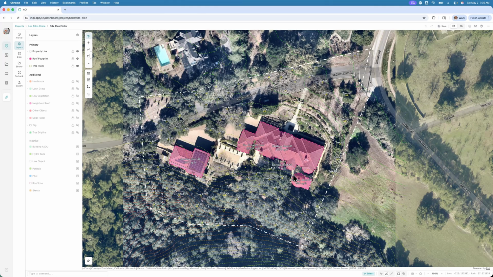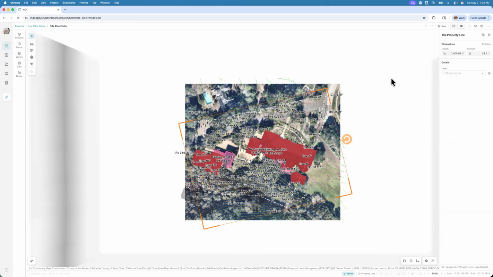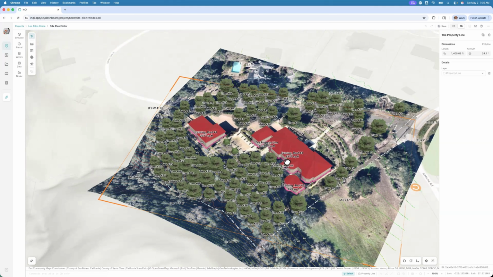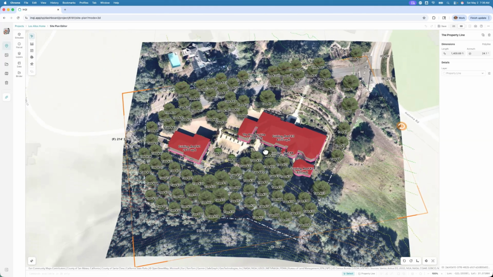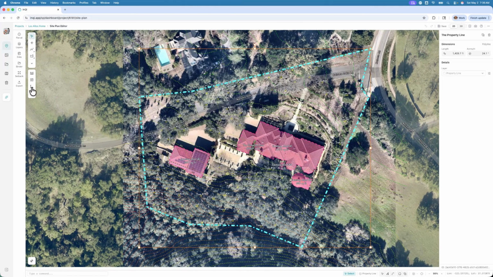Once you have the property located, and also if you want to make any changes to the property lines based on the aerial photography underneath it, you can verify all of these by taking a look at the 3D viewer and making sure that the property lines and everything is aligned. Once you have that, all you need to do is simply go to Export